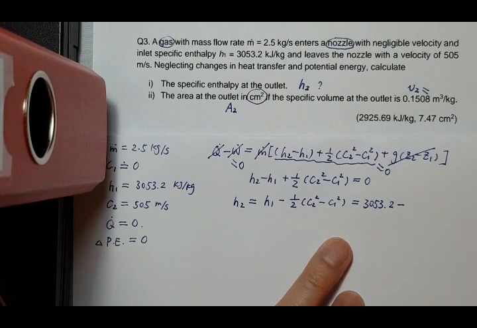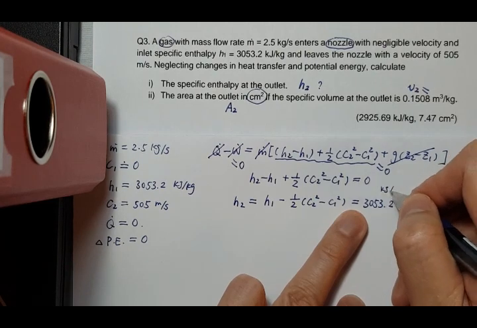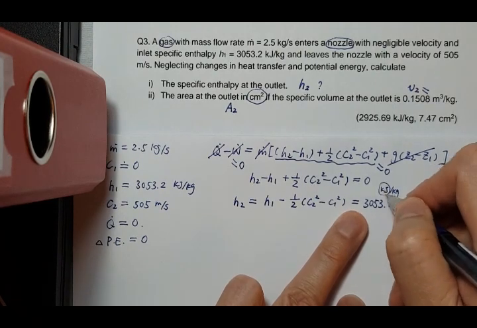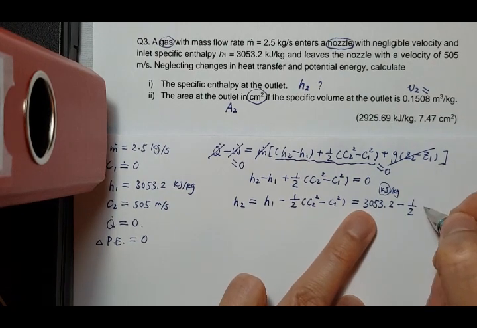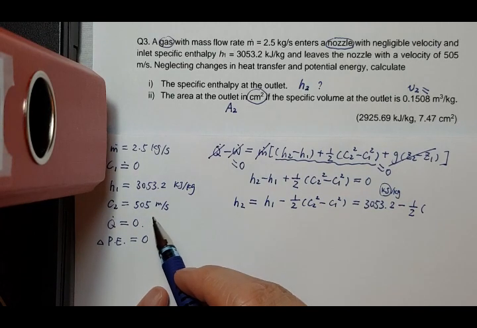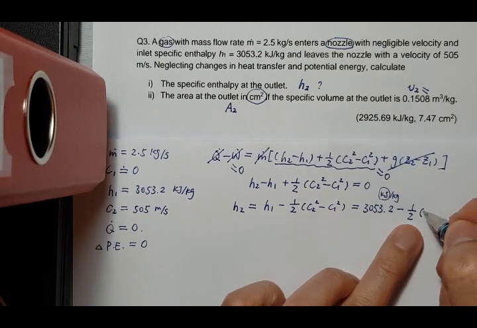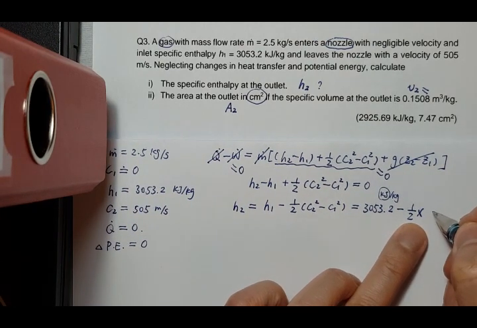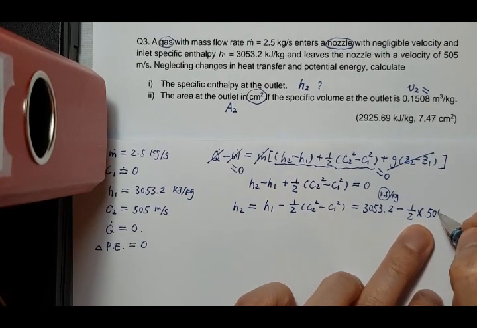Subtract. So you need to check the unit again. Okay, so this is a kilojoule per kilogram. Subtract half C2 squared. So C2 is here, 505 meter per second. And C1 is 0. Okay, so because C1 is 0, we just times 505